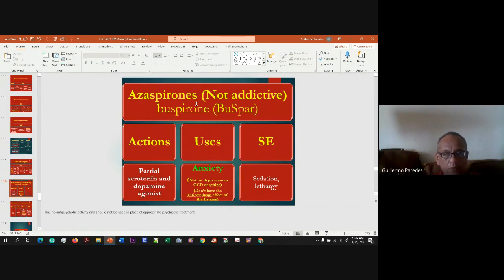Okay, so in conclusion, you have a patient in front of you with anxiety. Benzodiazepines are not going to work if you want to go for a long period of time. You're going to use the buspirone. You okay with that? Now, if that is going to be moderate to severe,